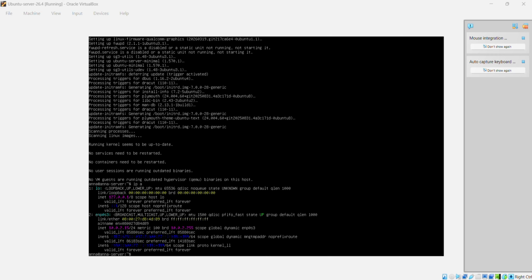Now to locate the IP address, in the VM terminal, we're going to run the IP command. So you're going to type ip a, which is short for IP address. And you're going to highlight the inet IPv4 address. Running ip a shows the server's internal IPv4 address. This one being